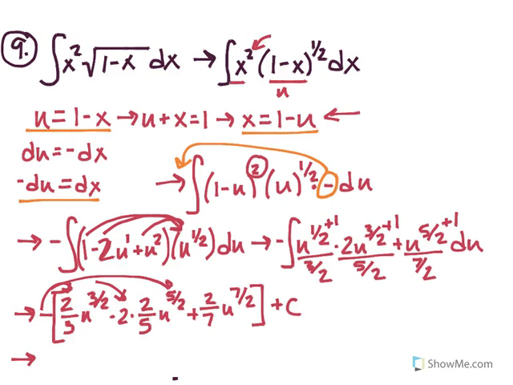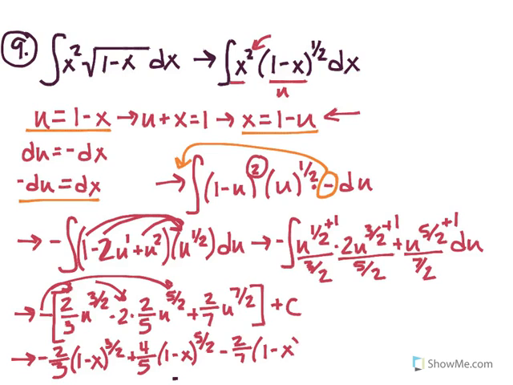All right, so the first term, negative 2/3, that's not going to change. But I am going to resubstitute u, which is 1 minus x, and that's to the 3/2 power. Negative 2 times 2/5 is going to be negative 4/5, and then we distribute the negative to that. That's actually going to turn into a plus 4/5. And our u is 1 minus x to the 5/2. And then our negative gets distributed again, and that's going to be minus 2/7 times 1 minus x to the 7/2. And last but not least,